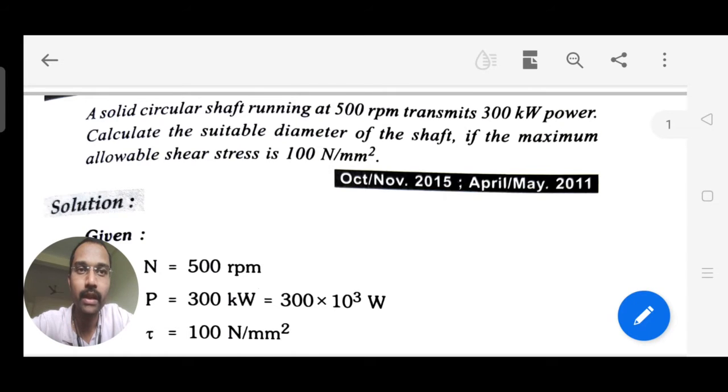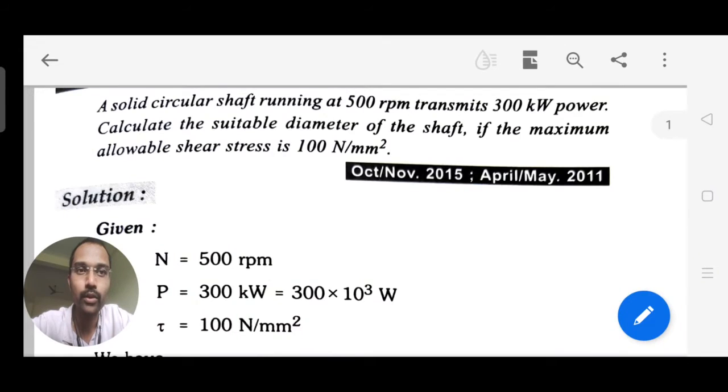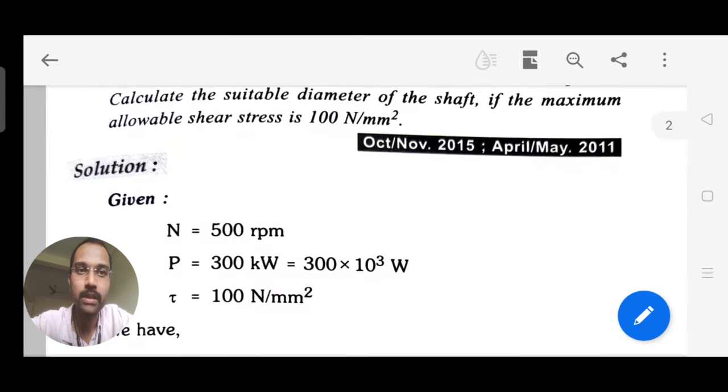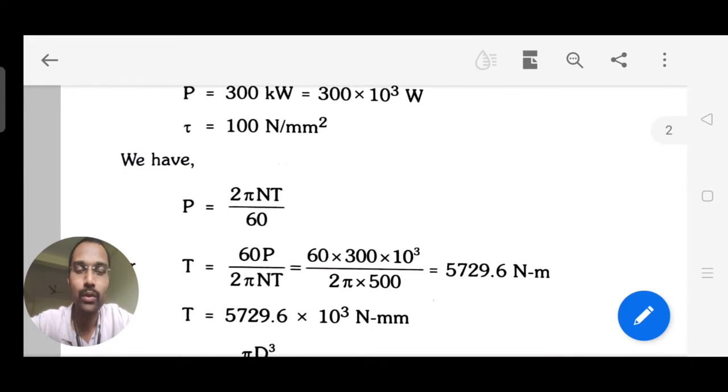The given data as mentioned in the problem is: the speed N, the number of revolutions per minute, is 500, and the power transmitted is given as 300 kilowatts. Convert that into watts: 300 into 10 to the power of 3. We are asked to find the diameter of the shaft. One more given in this problem is the allowable shear stress, the tau value, which is 100 Newton per mm square. Now we know the formula of power, P is equal to 2 pi N T by 60, where torque is equal to